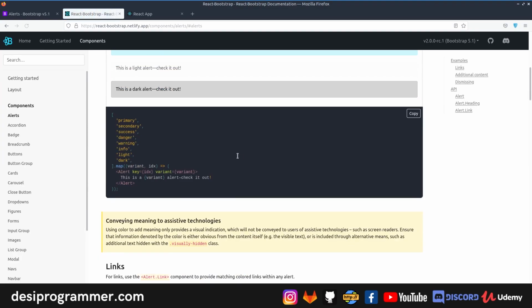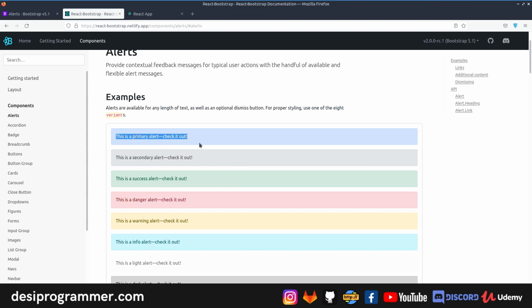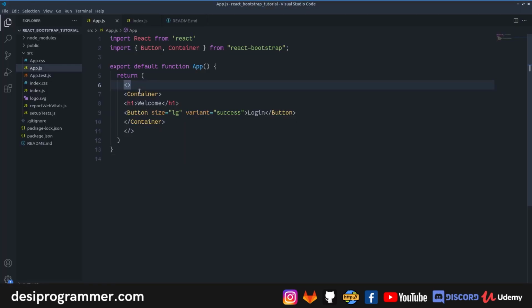Now if I really want to use this kind of alert, I will simply use the class names. If you ask me personally, I use a combination of both these components and my own class names. Up until now, I have never faced any error because of using both of them at once, so I'm really comfortable with that.